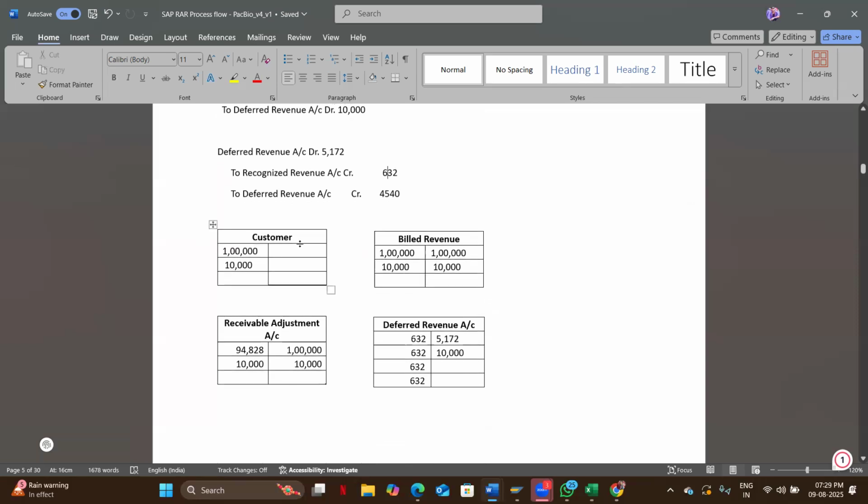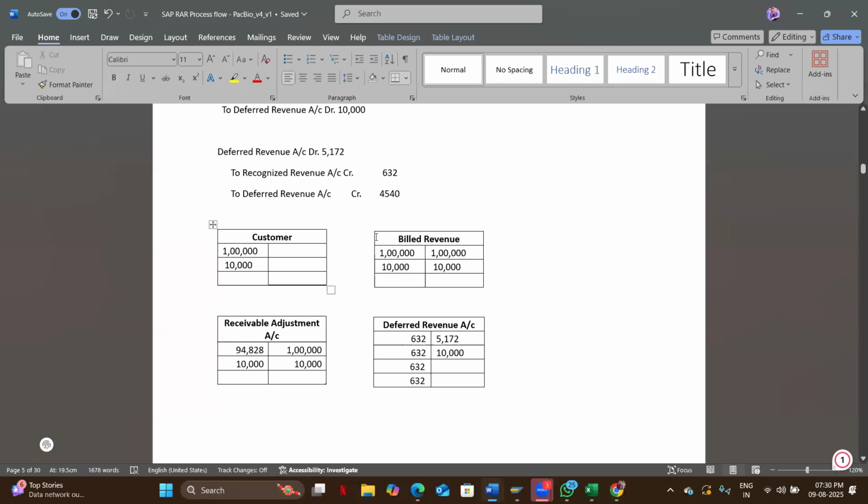Here you can see the customer account, how it is, the customer account, this is the debit side and the credit side. Okay, so the customer paid 1 lakh and 10,000, both paid. The customer 1 lakh is for the hardware item like the instrument and 10,000 for the service item, and next